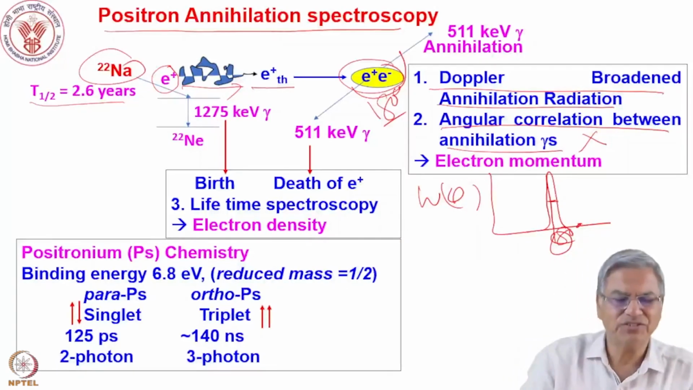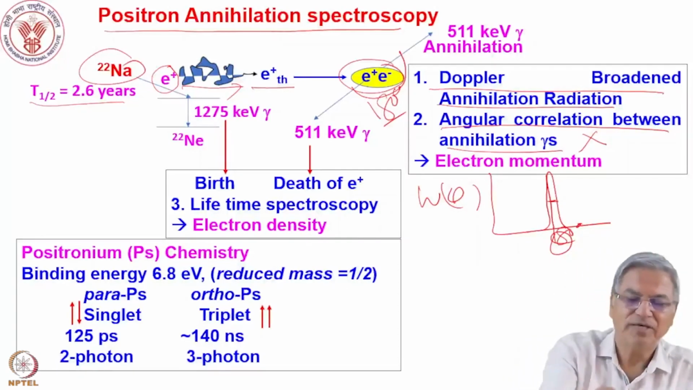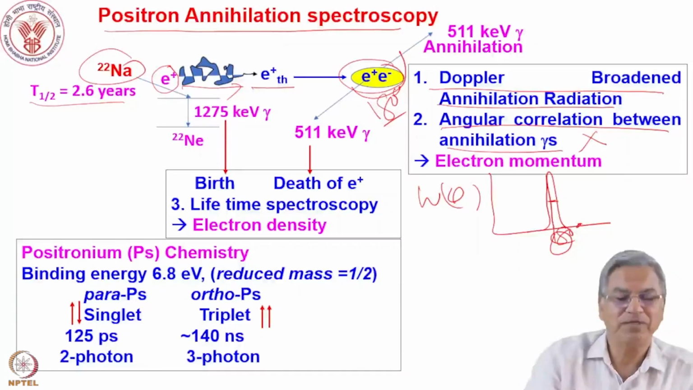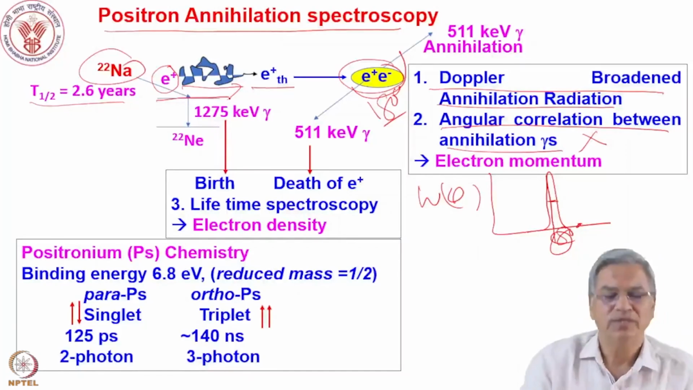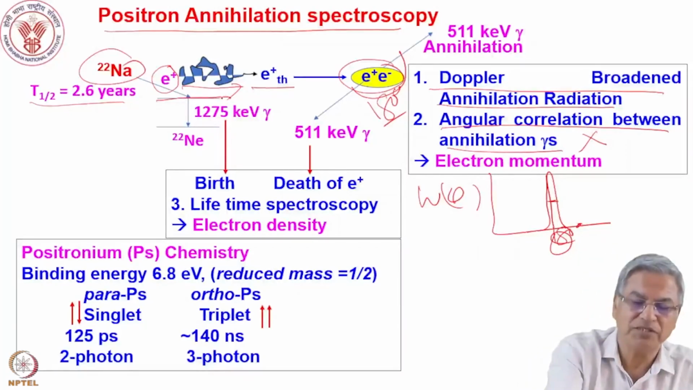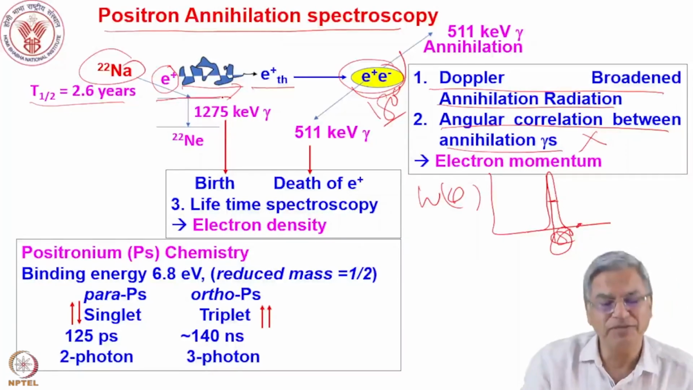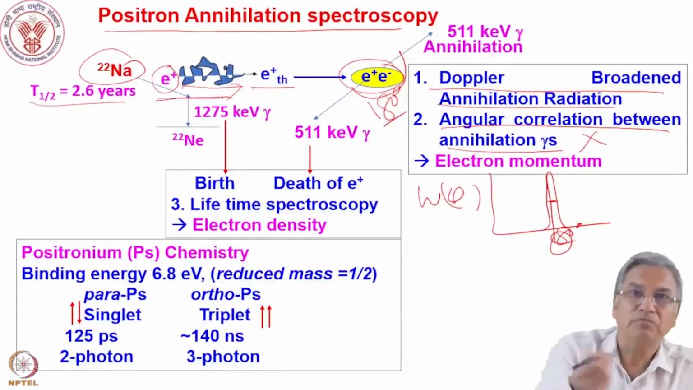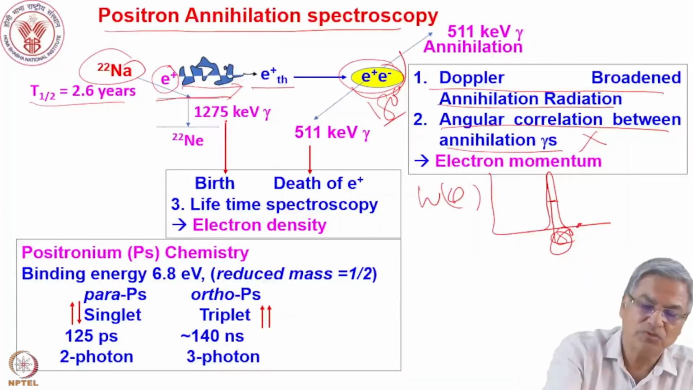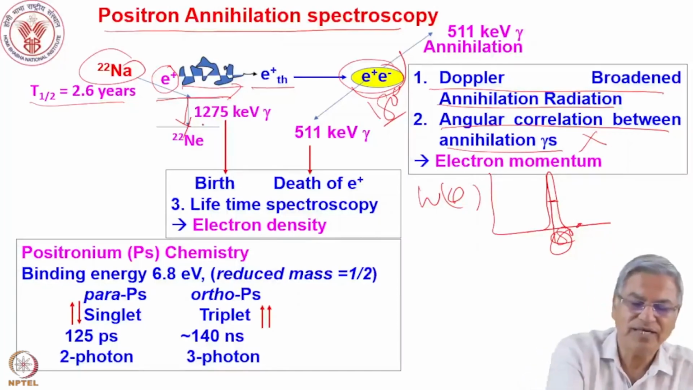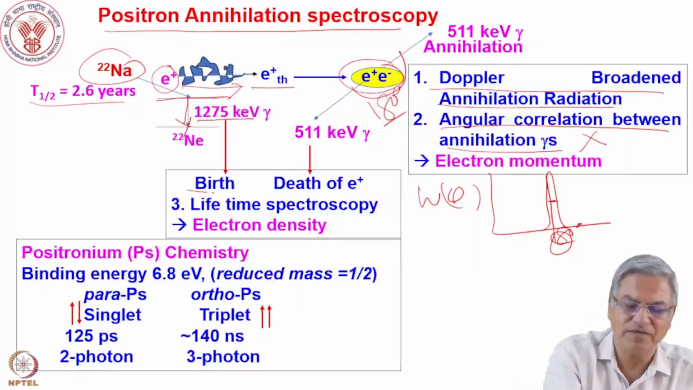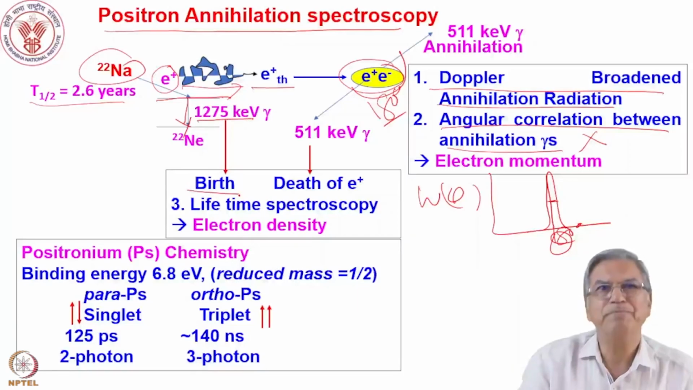And the third technique is this: when sodium-22 decays by beta plus emission to the excited state of neon-22, the lifetime of this intermediate excited level is very, very short, in less than a picosecond. So this 1275 keV gamma is emitted almost instantaneously upon the decay of sodium-22. So we can say that this 1275 keV gamma ray tells you the time when the